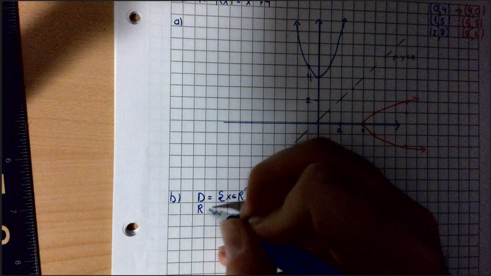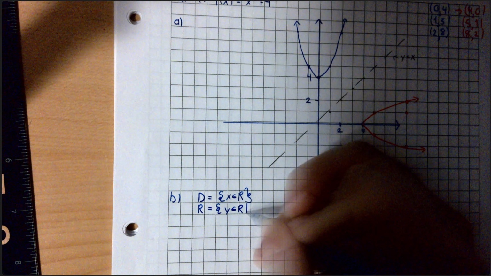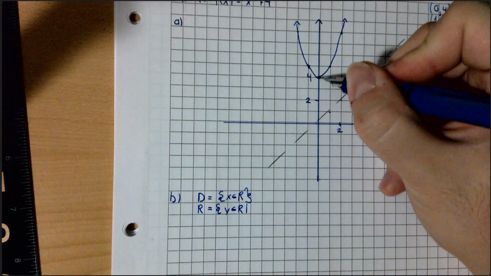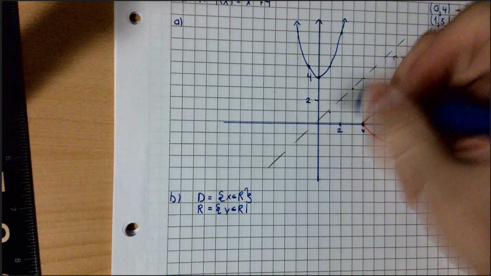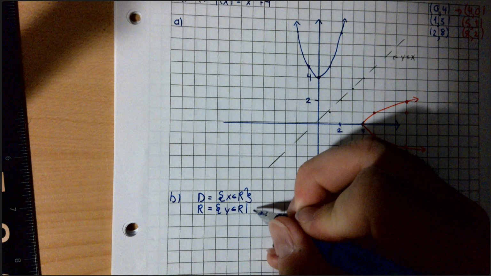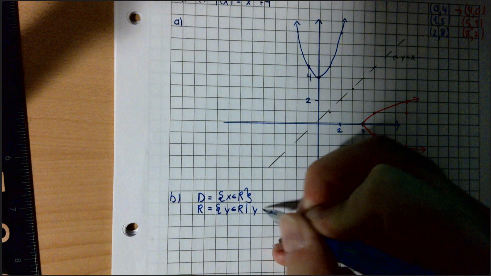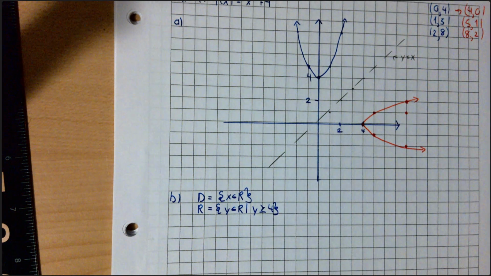However, my range, still an element of the real numbers. However, you notice that because this is our minimum, I'm never going to get past or lower than the value of y equals 4. So I'm going to have that y has to be greater than or equal to positive 4. Okay, versus